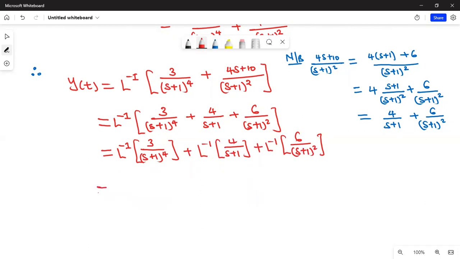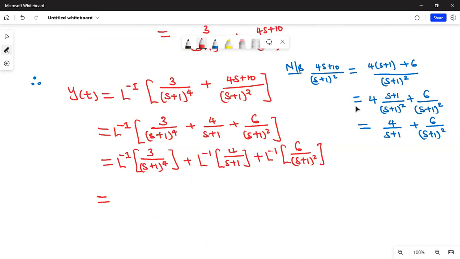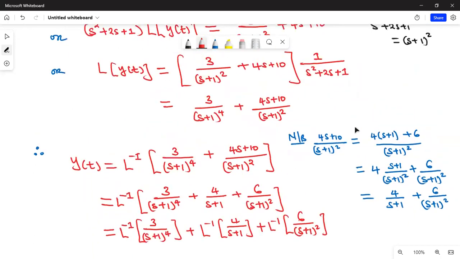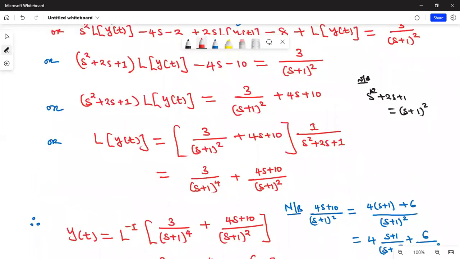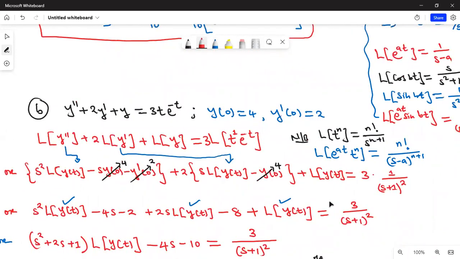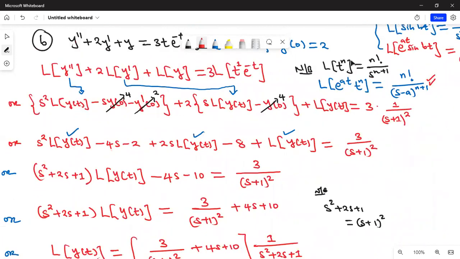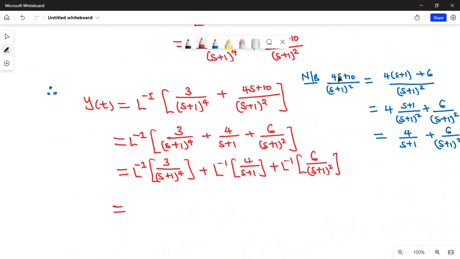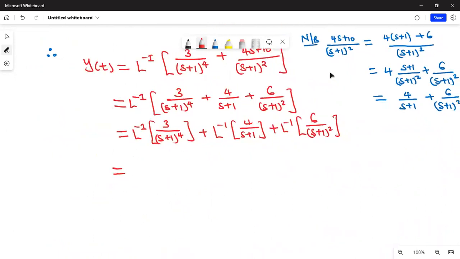So this could be written as, remember, look at where we started. The Laplace transform of exponential at times t raised to n will give us this one. This is where we started. We are going to use it because now we are going the reverse way. There is n factorial over (s minus a) raised to n plus 1. So I want to write this so that it will be easy for us to read the inverses from the